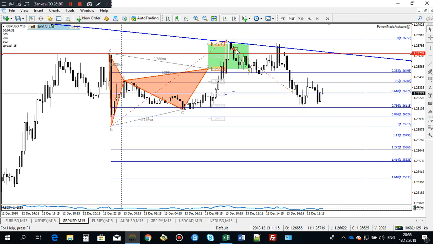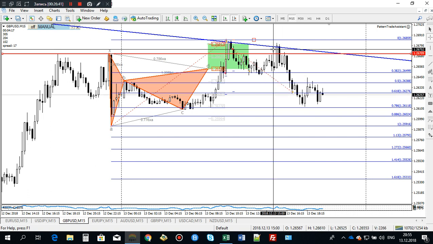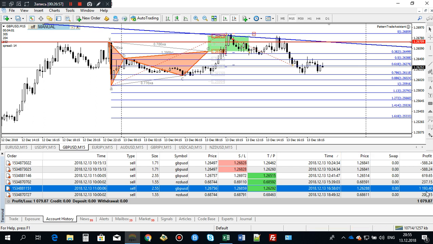I'm not placing it to the entry because it makes no structural reason to place it to the entry. Instead, I move it to place at the extreme reversal that I had. So if I had the D point reversing here, I would simply place my stop loss here. And when price, after hitting my first target, went higher, those who did the break even to the exact entry had 0 for their second part, and I instead had a second take profit, which was pretty large, of